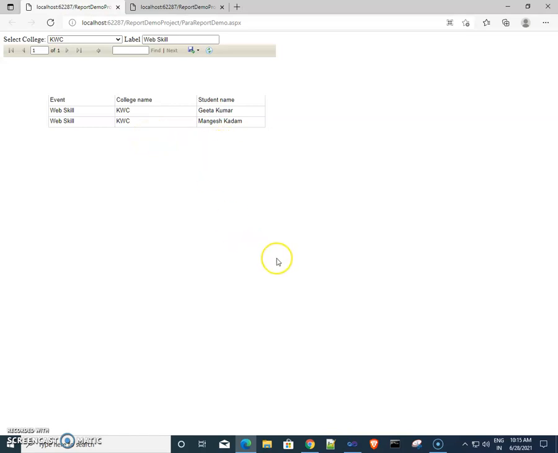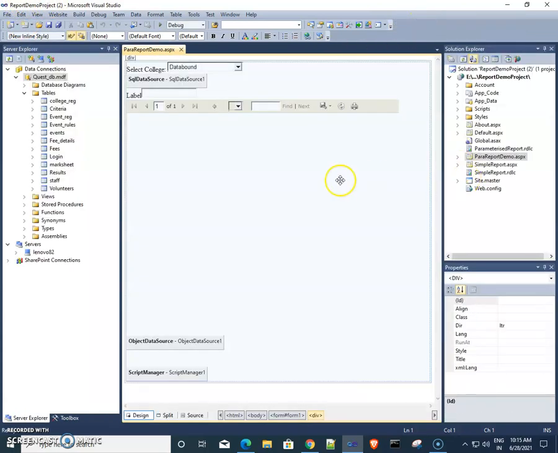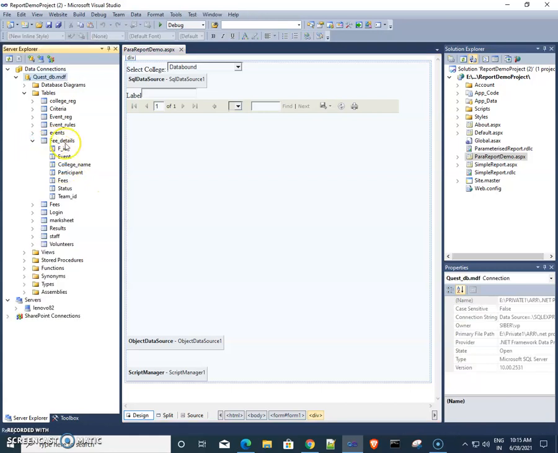Now in this video we see how to create a summarized report. So we go towards our same report demo project, and here is our fee details page, and from this table I want to create one summarized report, like event wise fees collection or college wise fees collection.